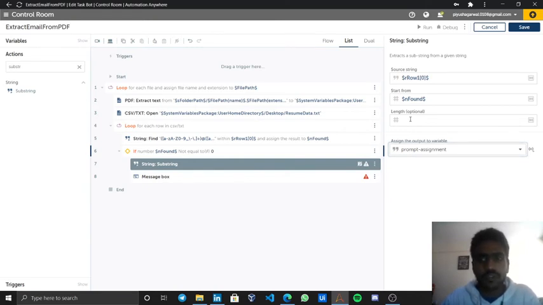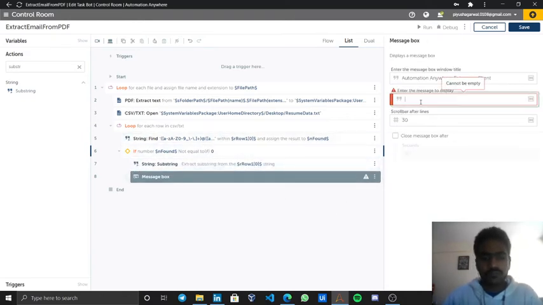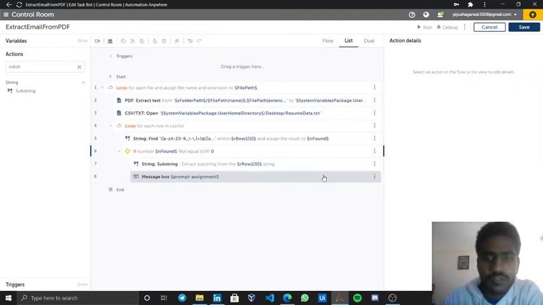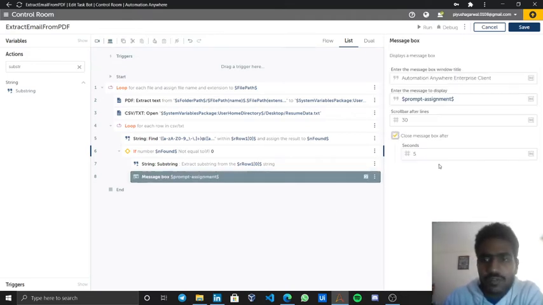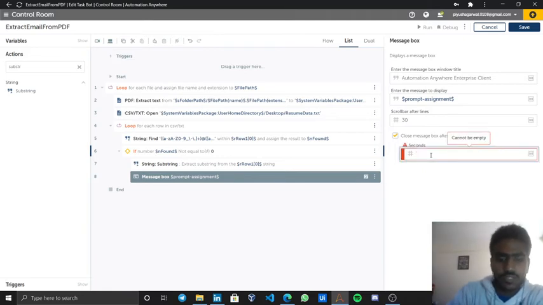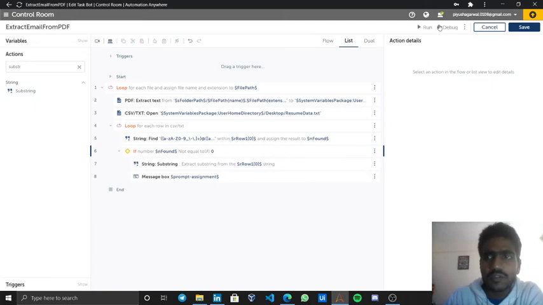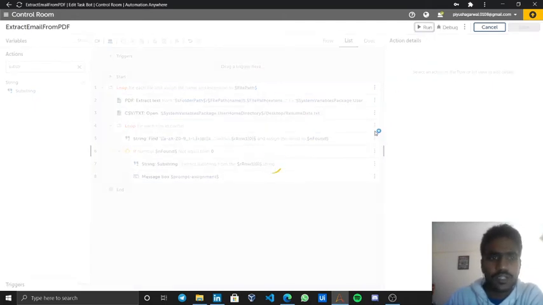Use it only for temporary purposes. It gets confusing. We tend to use it in many places though. So over here a prompt assignment comes. I can click on close message box and close it in 8 seconds. Now let's see how it works. I will click on run.